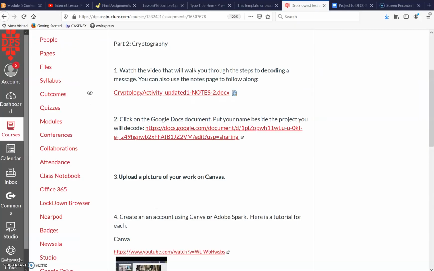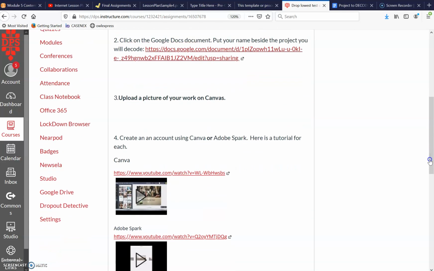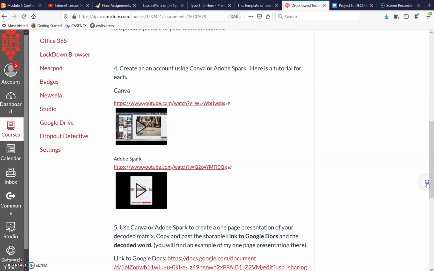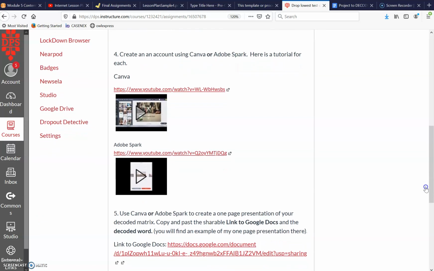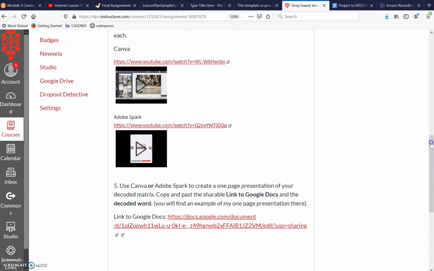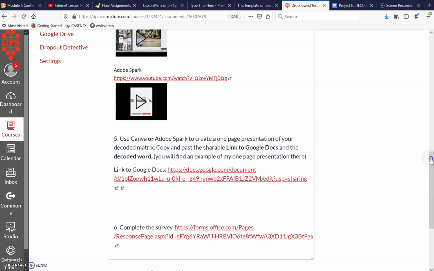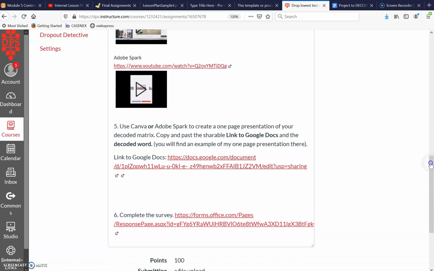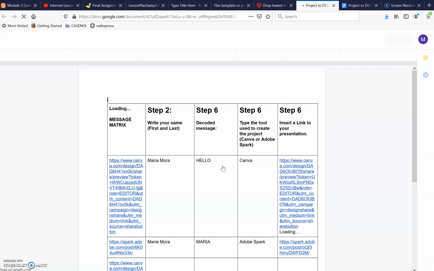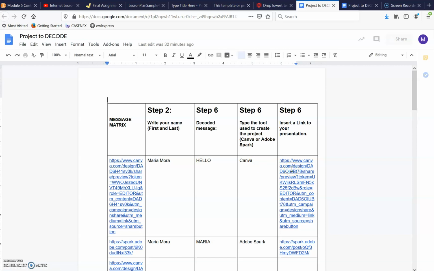And I'm going to follow the next steps. You've already used Canva or Adobe Spark to do your presentation when you encoded your matrix. So if you feel pretty comfortable with that, you don't have to redo it. Rewatch the videos, but you will need to go on step 5 where you will use Canva or Adobe Spark again, go to Google Docs and create your presentation. So notice how I put hello in there. I used Canva for this one, and then when I click on this link,